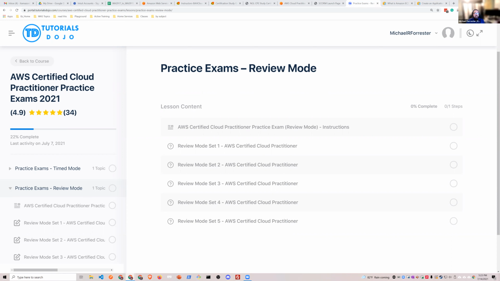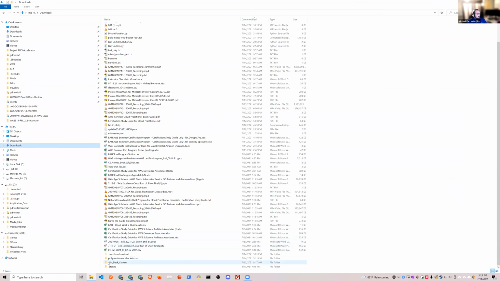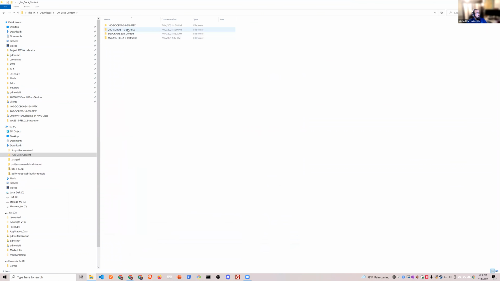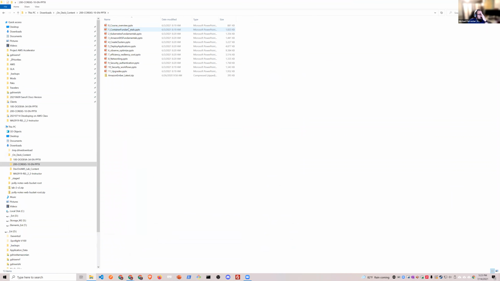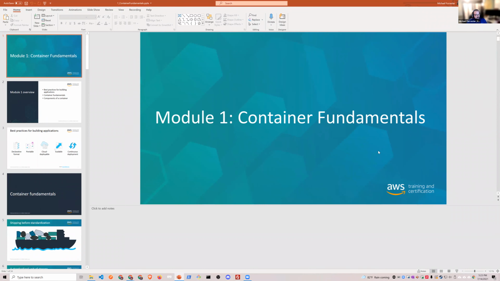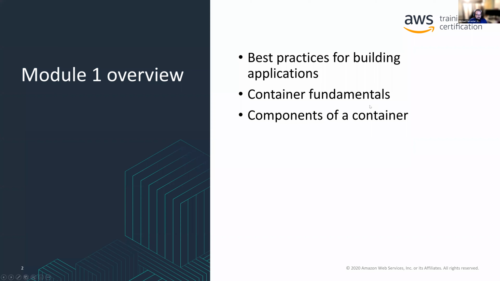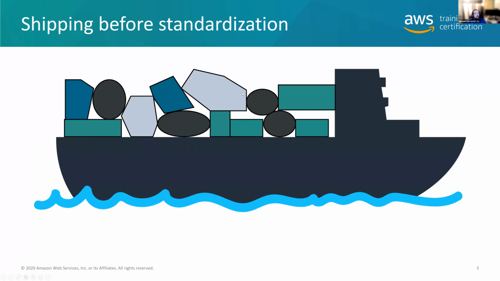So let's talk about it for a second, because I didn't record it on Monday. Let's do just a quick walkthrough on containerization, and then I'll talk about serverless just to cement the concept. So let me pull this up. This is actually from the official class, Running Containers on EKS. It's just a small sample, a little sampler of the official AWS course. So the thing to mention here is that